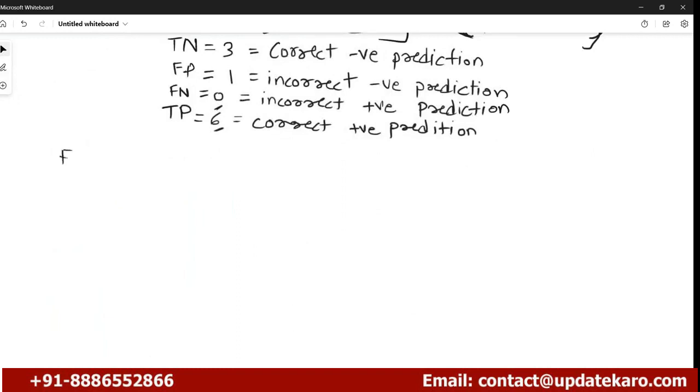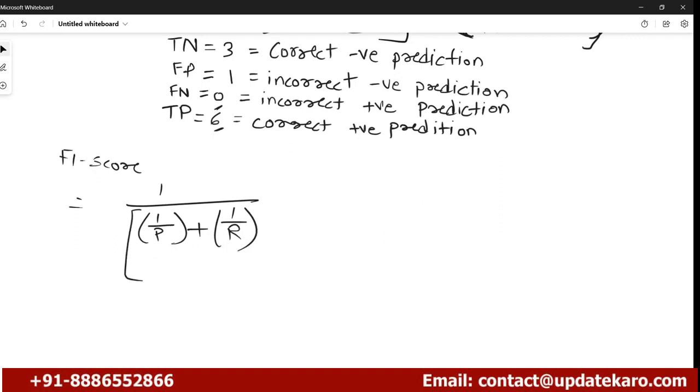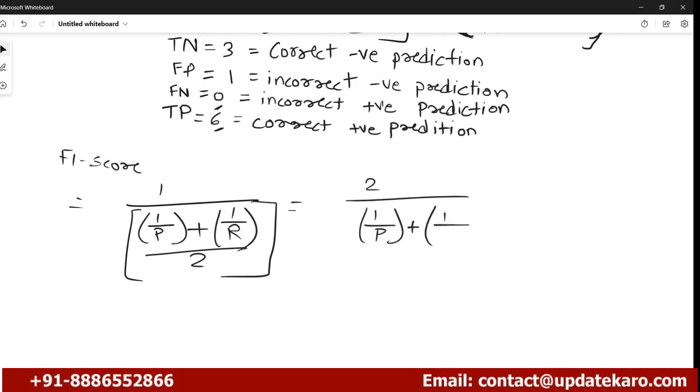The F1 score is 1 divided by, okay, 1 here your precision, plus 1 divided by recall, and here you will find that it is divided by 2. So after solving this, you will find that it is 2 divided by 1 divided by precision into 1 divided by recall. If you solve this again, I'm going to use this particular formula because this is